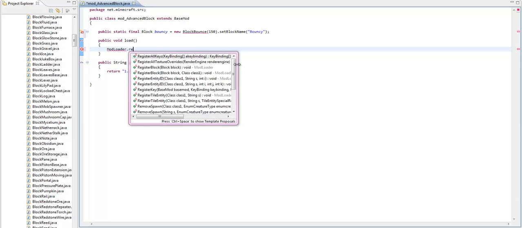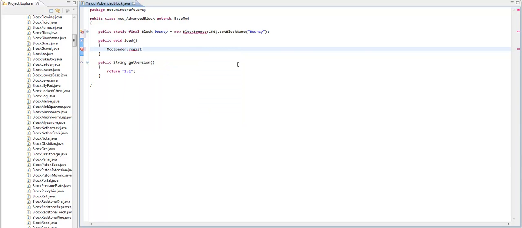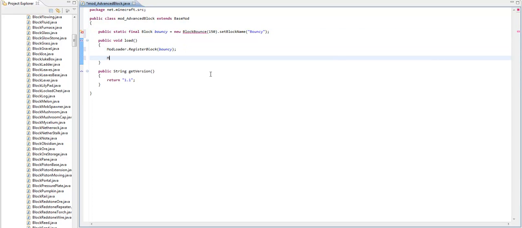So modloader.register block. We should have a capital R on it, and we want modloader dot add name Bouncy,